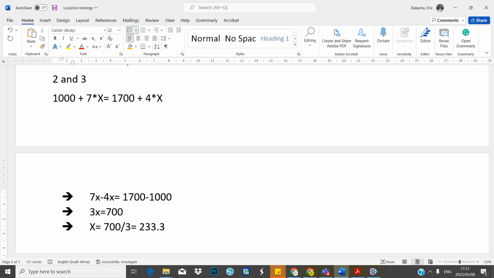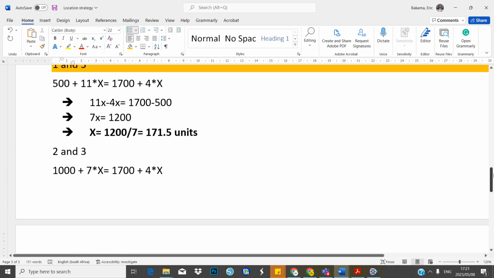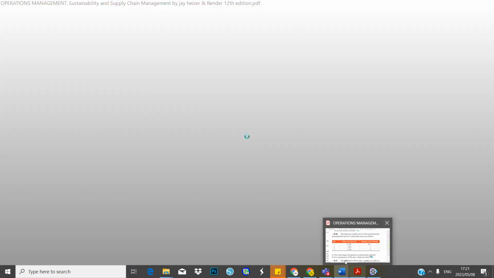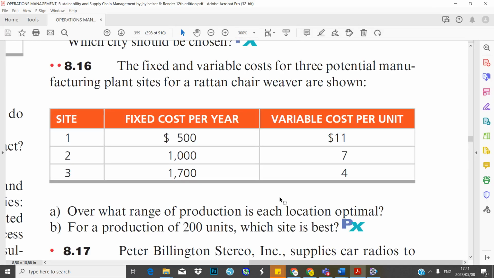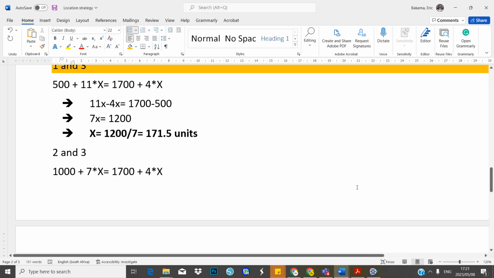We're still sticking to one decimal place. Now, what does this mean? This means the question is asking us over what range of production is each location optimal? So the range of production here just means that we need to look at